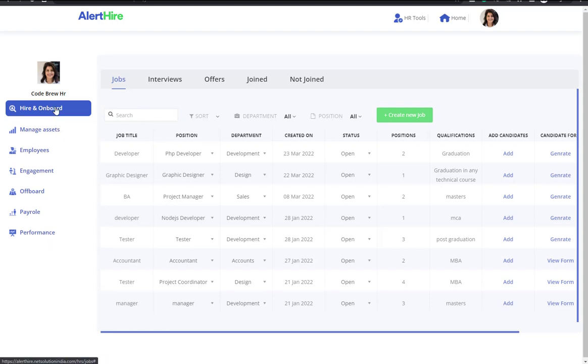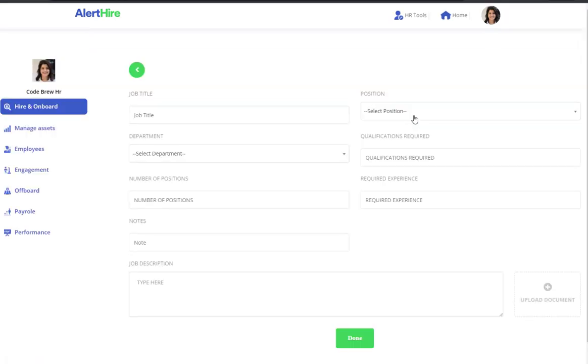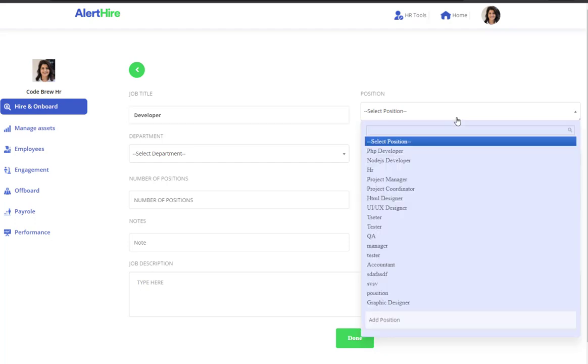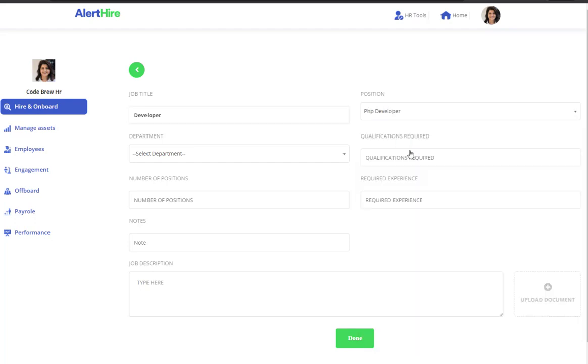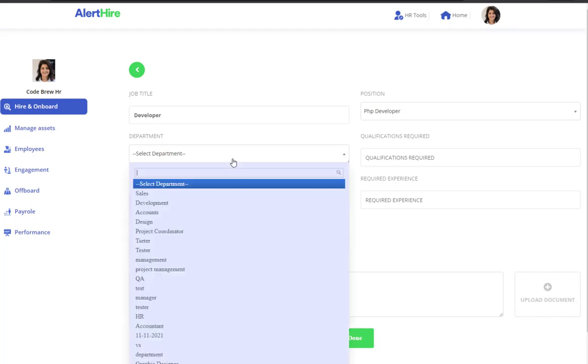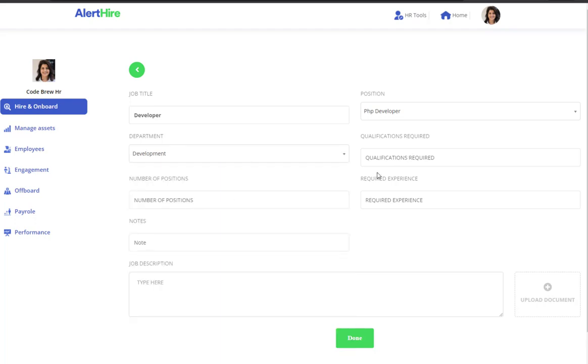Starting with the hire and onboard, here you can manage job openings. You can create a new job from here by clicking on this button. A form will appear and you can fill this up. Say, I want to create a job for developer and the position is PHP developer, department from here, development, qualification required,